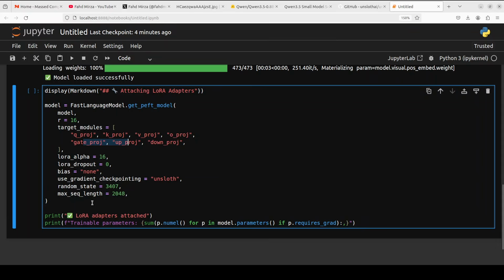Then we have this r is equal to 16. As you can see here, this is the rank, and this is the size of the LoRA matrices. Higher rank means more capacity to learn but more VRAM. 16 is a solid sweet spot. I always use it. The result is that only a tiny fraction of parameters are actually trained, making this extremely